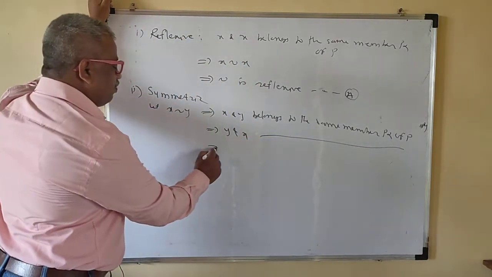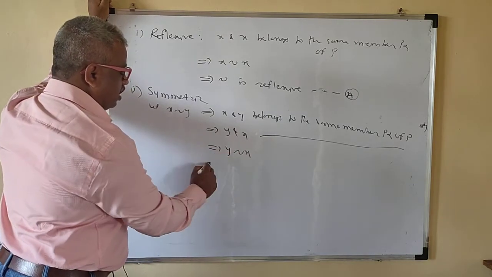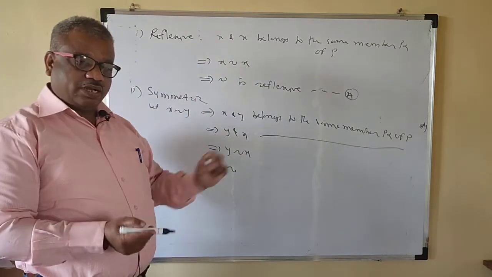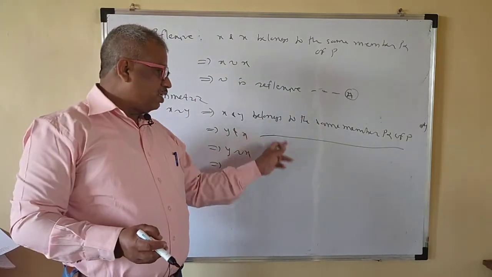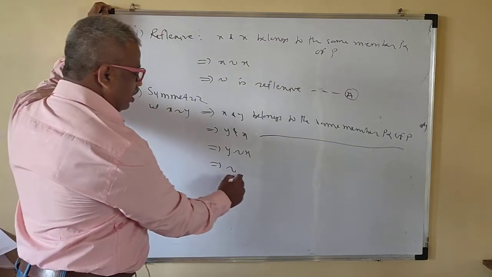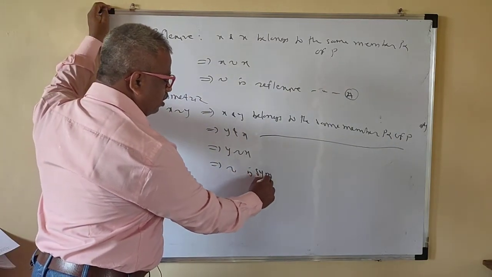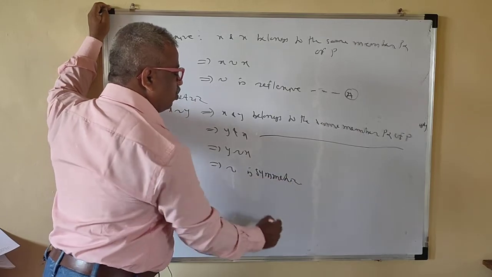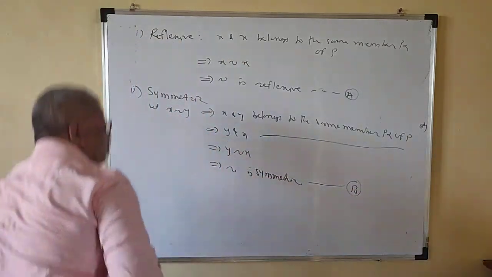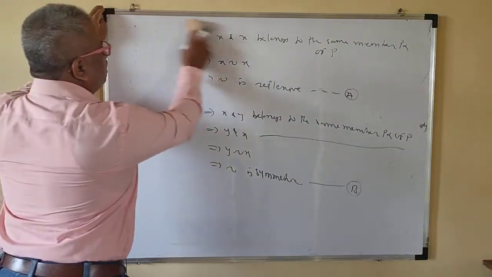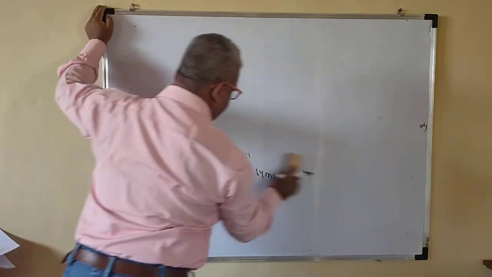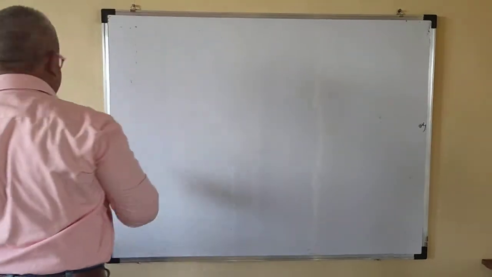Right? So what does this imply then? Y is related to X. I have taken X related to Y, and I have proved that Y is related to X. Here you have to write that they belong to the same member P_alpha. Okay, so now your ~ is symmetric. I'll call this B now. Okay, now next what we have to do? You have to take X is related to Y, Y related to Z, and what we have to prove? X is related to Z.